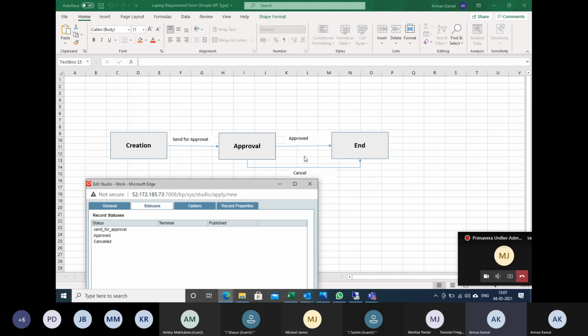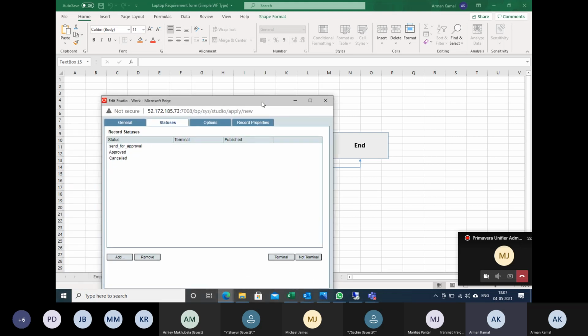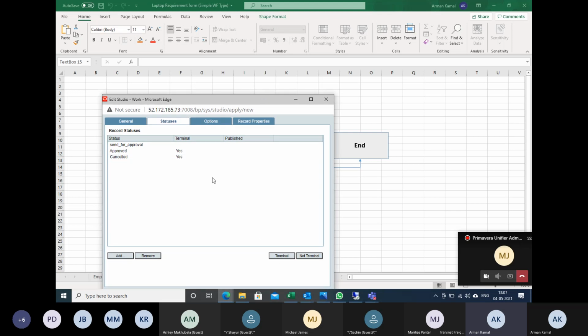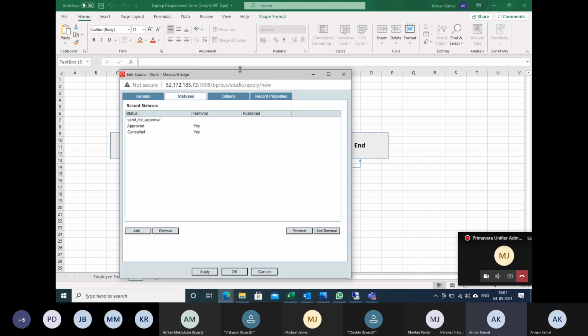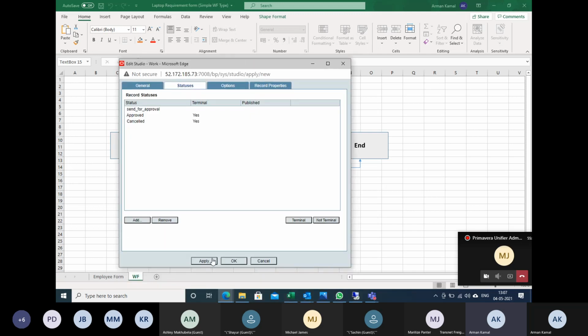I will select this and make it terminal, and you can see yes is being activated. Now why is send for approval not selected as terminal? Because send for approval is not a status which directly ends the record. It is just going for another level of approval. So this is the way you have to apply, and you have to click OK.